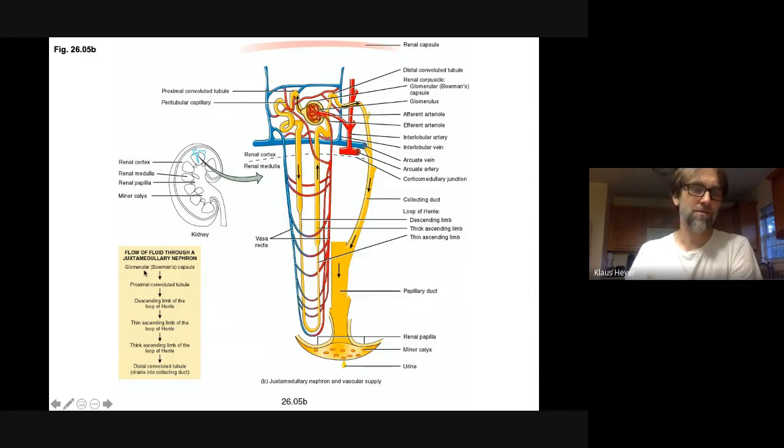And if you look right here, it kind of shows you how fluid flows. So the glomerulus has a capsule around it, so it's got to bust through that capsule. And so that's why you see the first one's called the glomerular or Bowman's capsule. And then the proximal convoluted tubule, then it goes down